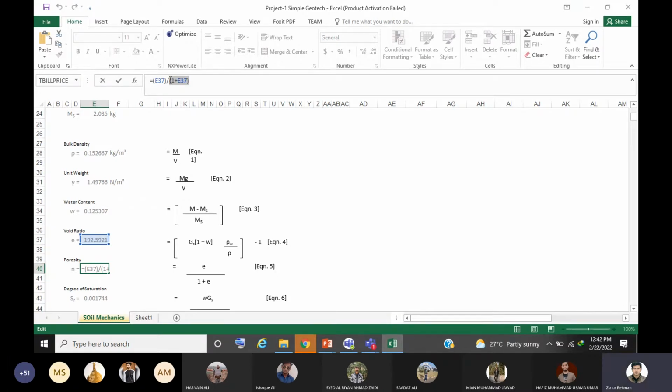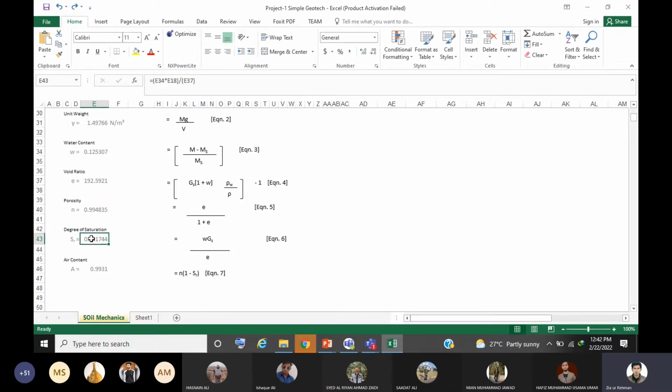Here you see that I have written it in the bracket. So I want that first it adds 1 plus e, and then divides e over 1 plus e. Let's say if I remove these brackets, the values would be different. And when I write it like that, the values would be different. So you should be well aware of this when writing a formula.